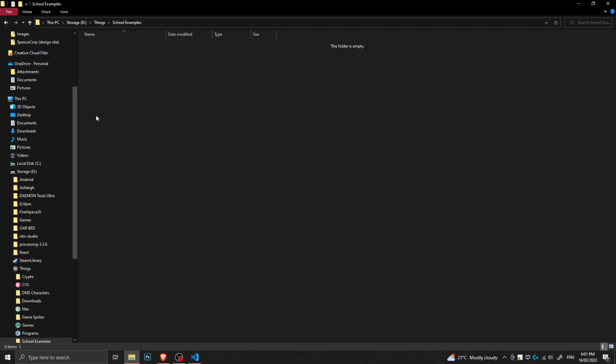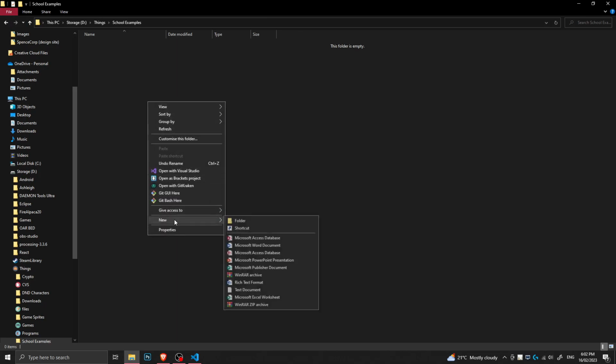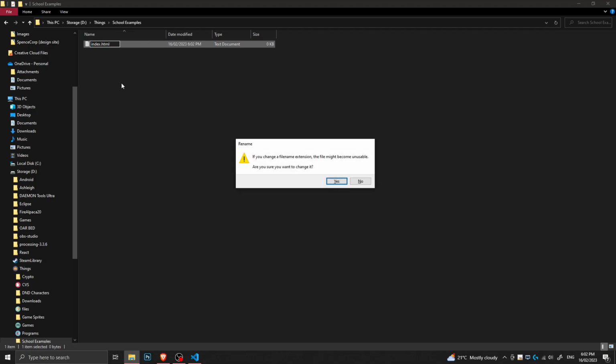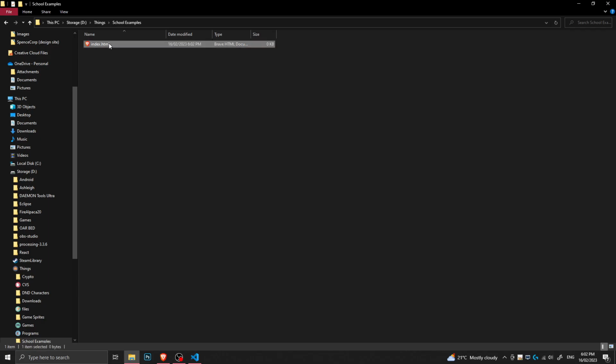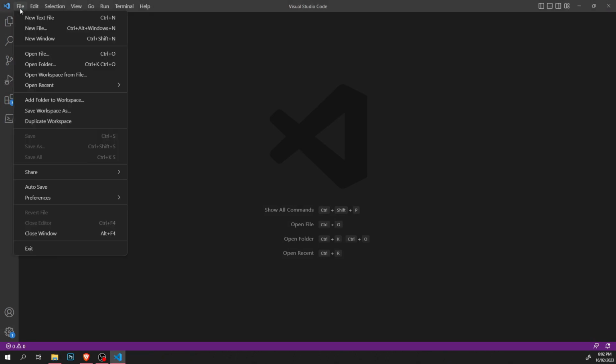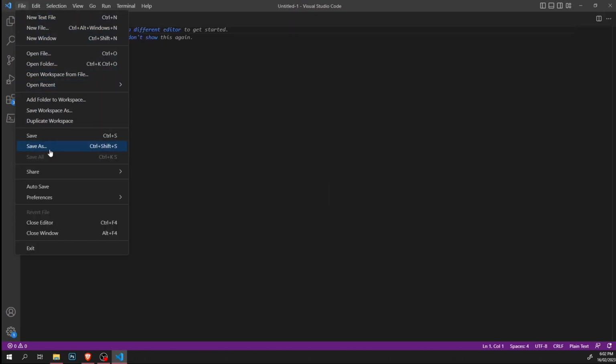So, the first part of making an HTML or CSS document is different if you're on a Windows or Mac device. You either firstly make sure that you can view the file name extensions and create a new text document calling it index.html. Or if you open up VS Code, we can simply go File, New Text File, and this is how we would do it if you are using a Mac. Then we're going to go Save As,